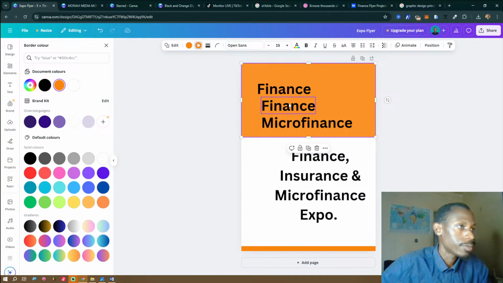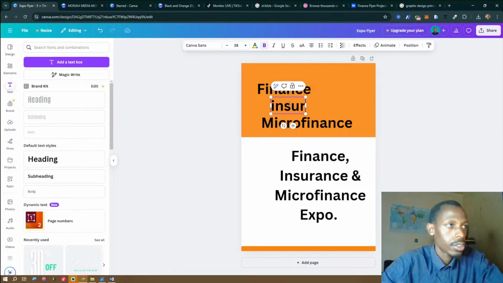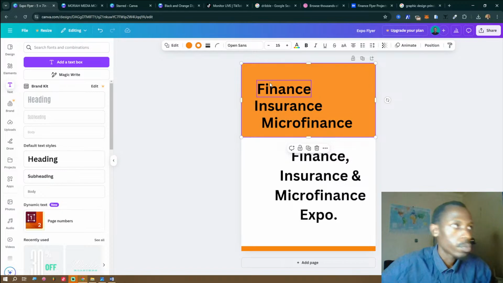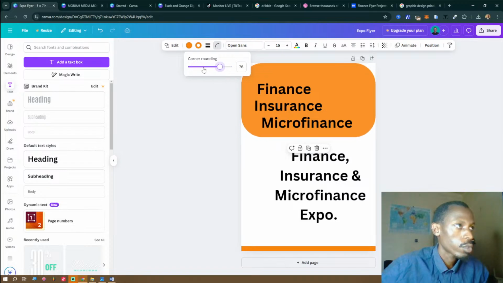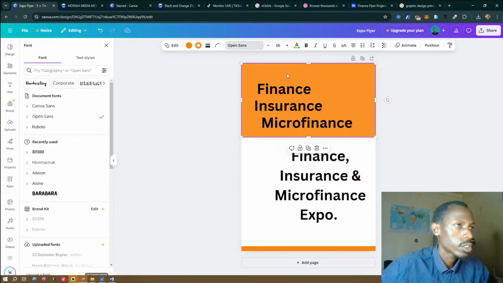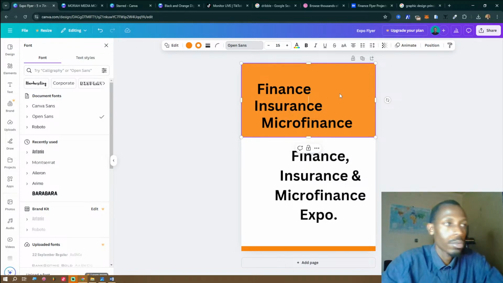Alright, so let's move on here. We need the word insurance. I was taking you through the tools bar up here. So I had this shape selected and I showed you can have borders. You can also choose whether to put rounding corners or not, and this is where I change the font. The shape that we have selected right now has the option to type in text within the shape, so that text is going inside the shape. So that's why we have the type or character options, text options here,